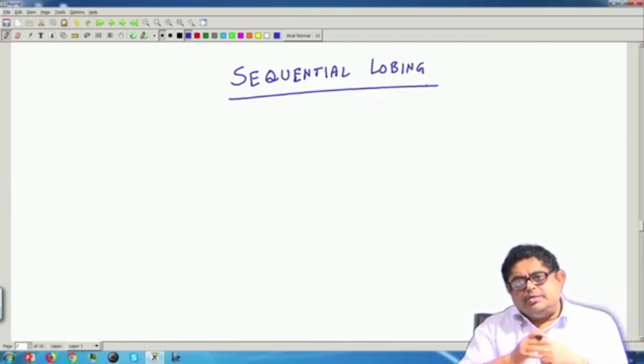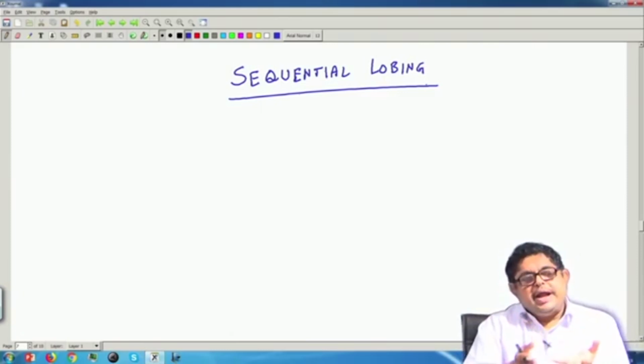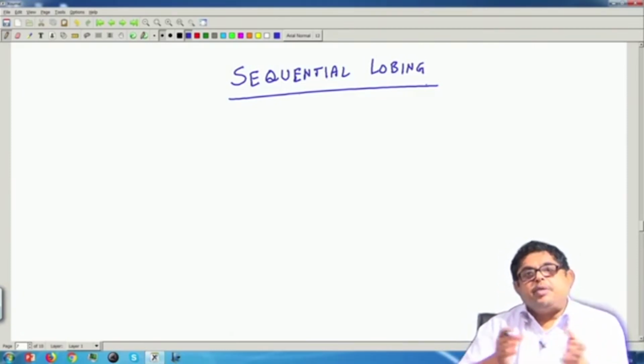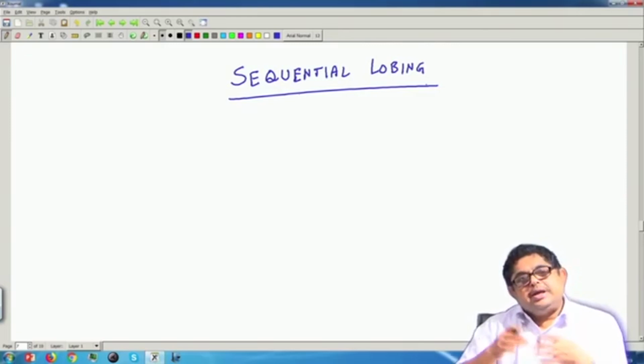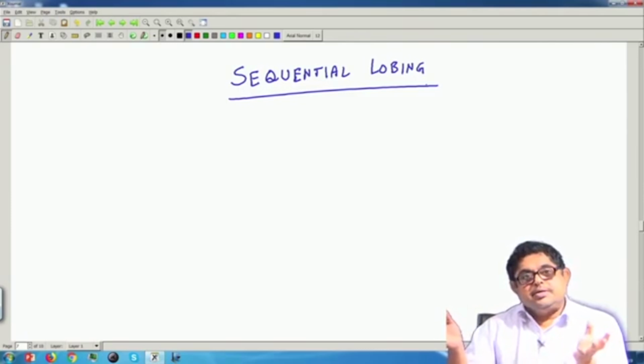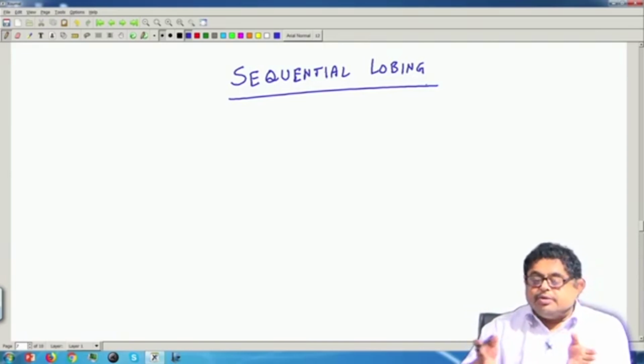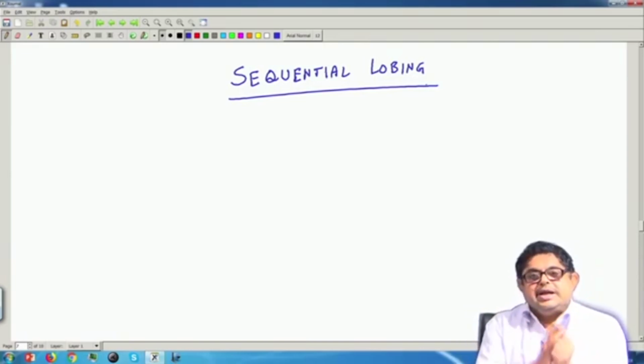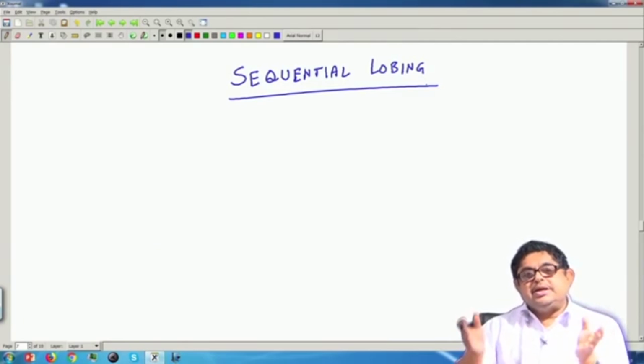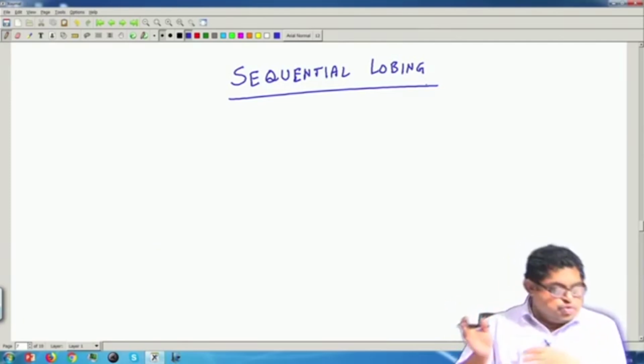One antenna can be designed properly so that it can have multiple beams. Please remember, an antenna can have multiple beams. In sequential lobing, whether a single antenna or multiple antennas, they produce two squint